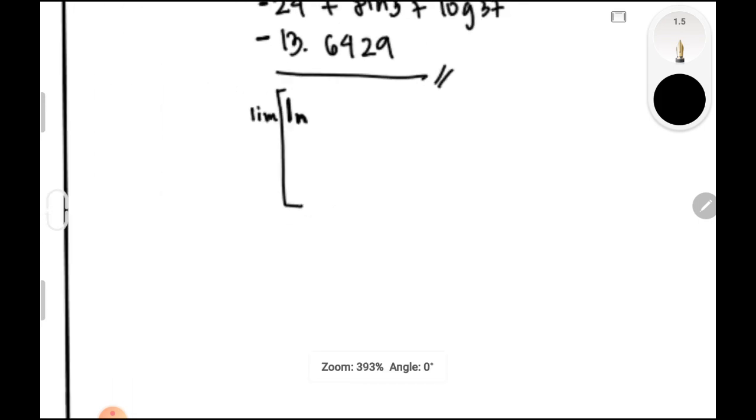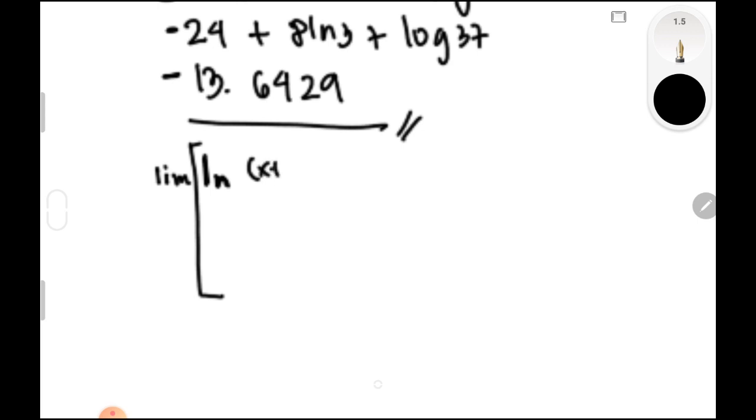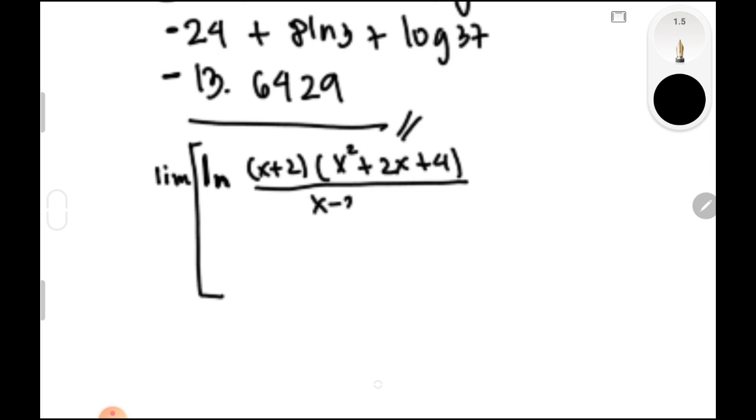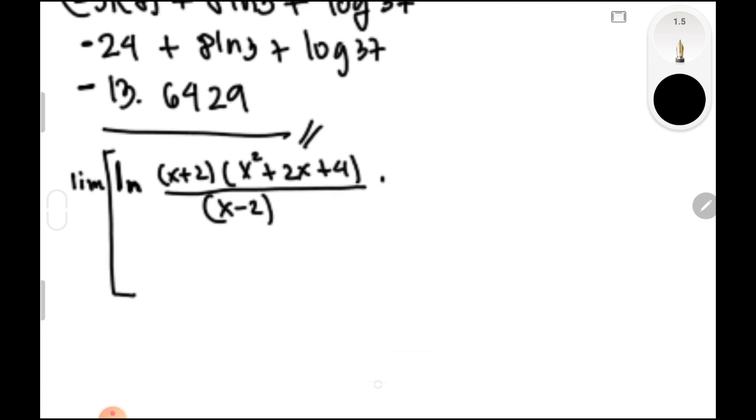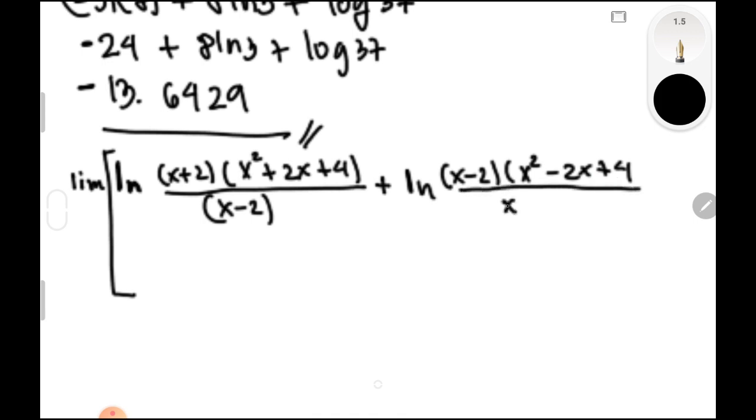So let's have our example number 3. If we have the limit of ln of x plus 2 multiplied by x squared plus 2x plus 4 divided by x minus 2, plus ln of x minus 2 multiplied by x squared minus 2x plus 4 divided by x plus 2,